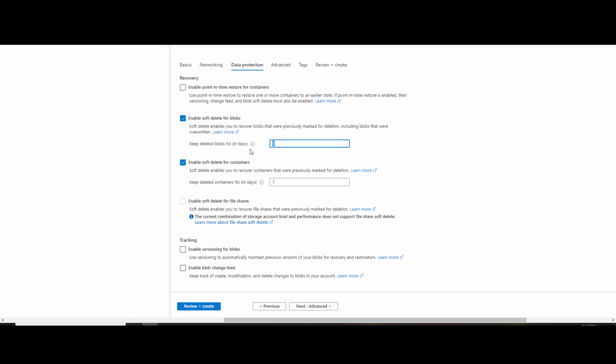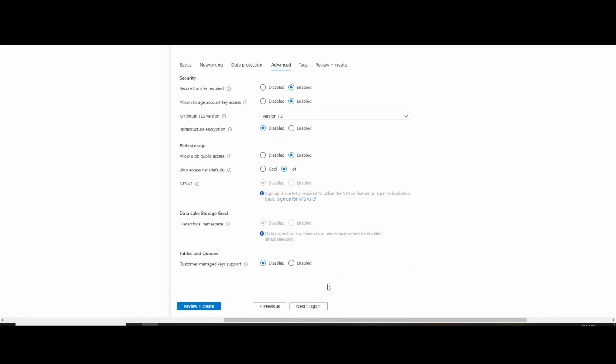Since I have mentioned 7 days, I can recover it within 7 days. You can mention it as per your convenience, and let's move forward now. Again, these are some properties which you have to consider as per your setup. For me these look good for now.